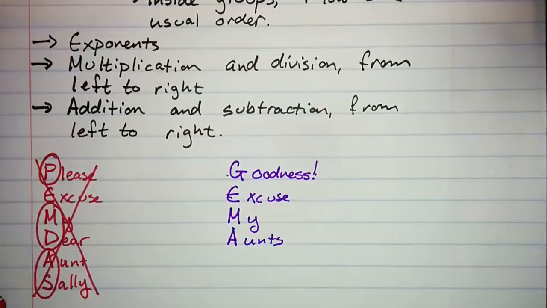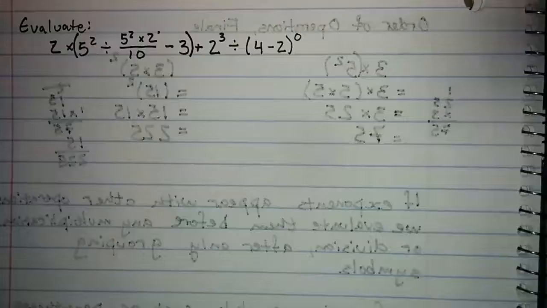So now we can take any problem, no matter how long and drawn out and complicated, and just by following the order of operations systematically, evaluate even the messiest of expressions. Let's see an example. So here's an expression that I'm not going to try to read out, and it looks terribly complicated. But we know where to start. We're going to start by referring to all of the grouping symbols. What do we see for grouping symbols?